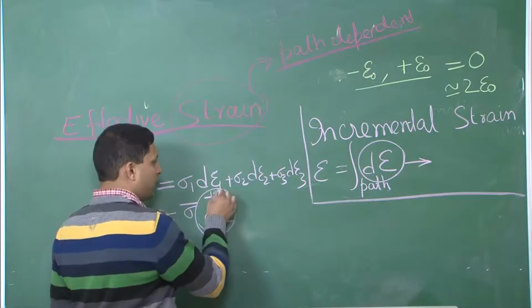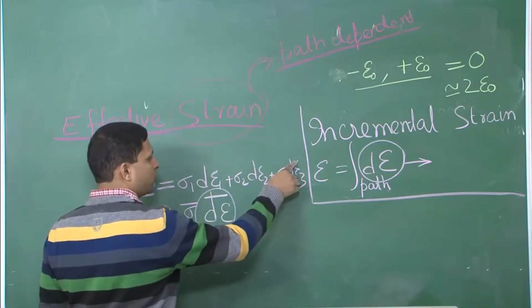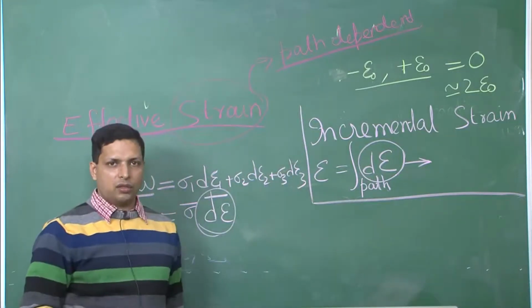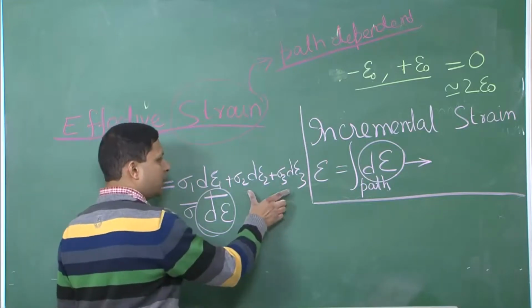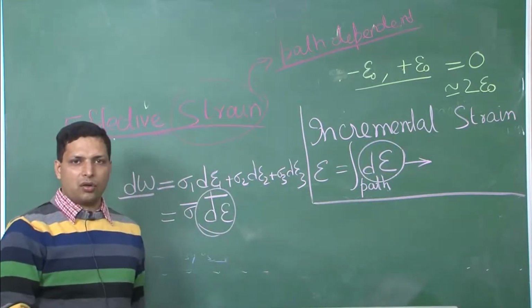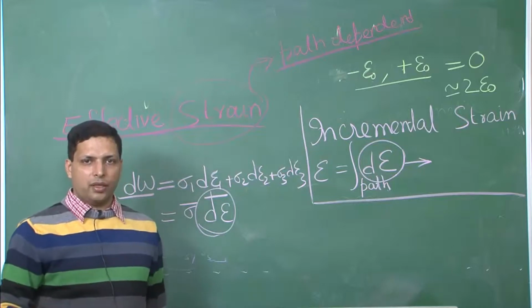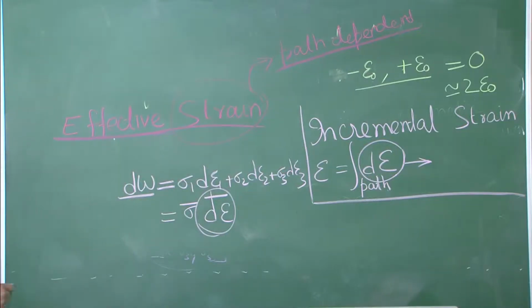Whatever strain is being given, if it is, let us say, 1:4:1, it remains 1:4:1 throughout. Now, when you integrate it, the integration will also remain in that order. So, it will remain 1:4:1, and taking that into account, one can write that,